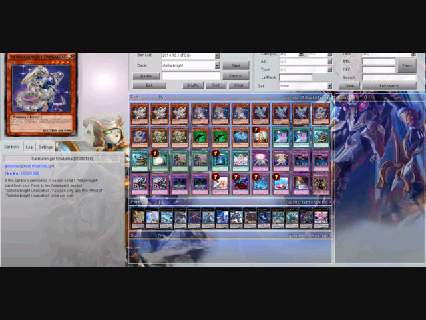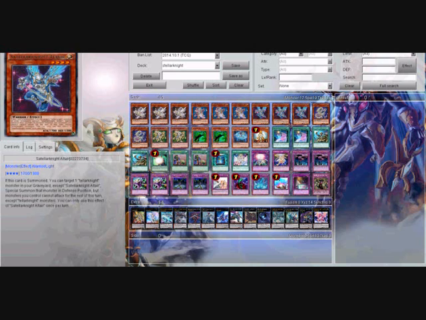Then we've got the Satellarknight Unukalhai. This is another good one. Well, like I said before, they're all good. But you can send one Tellarknight card from your deck to the graveyard, and that is a good play if you play